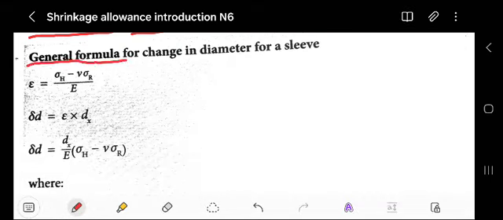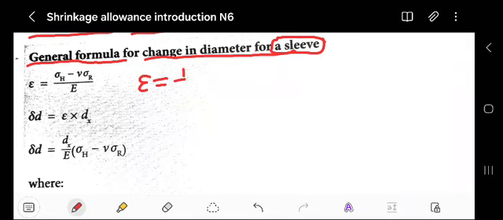The general formula for change in diameter, for a sleeve. You see, this is talking about change in diameter for a sleeve. This is a strain, as you can see. It is equal to the hoop stress. Actually, you can write it like this: the strain is equal to 1 over E, Young's modulus of elasticity, times the hoop stress minus the Poisson ratio